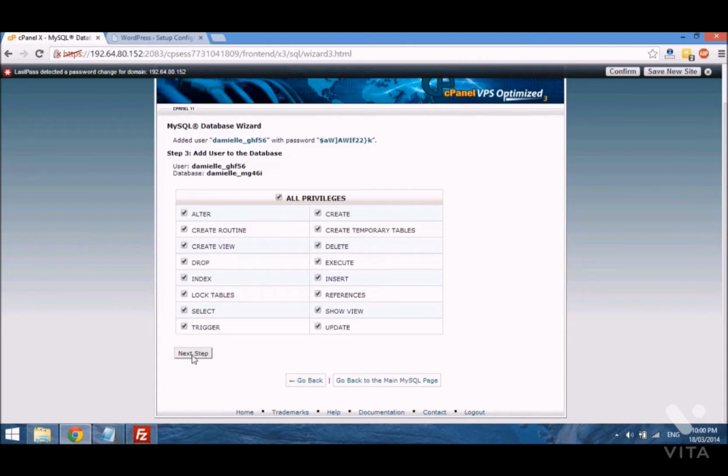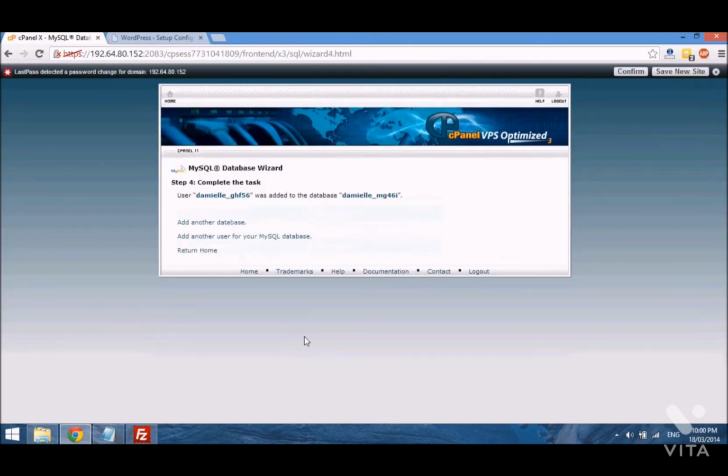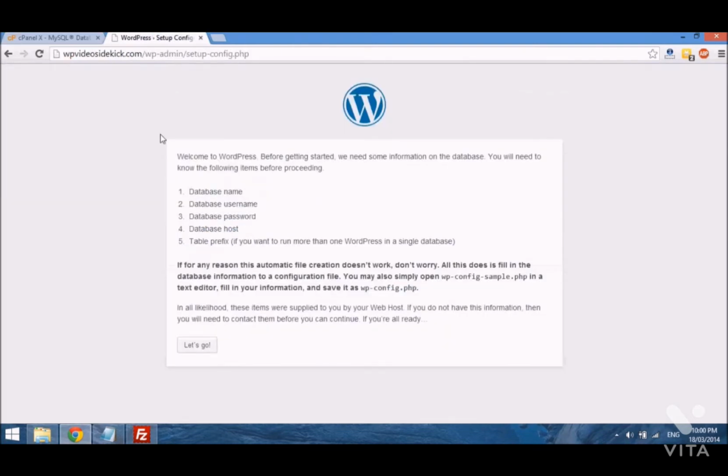So we just select next step, and we just have a summary of the username, just in case you didn't get to copy it in the last page. You absolutely need to copy this information without the quotation marks. Okay, so if we go back over to our site, then this button at the bottom, we can just select Let's Go,